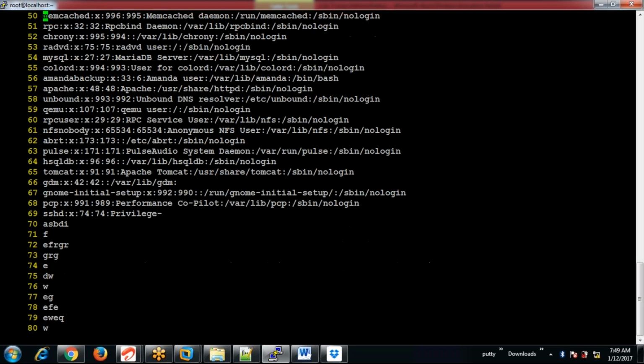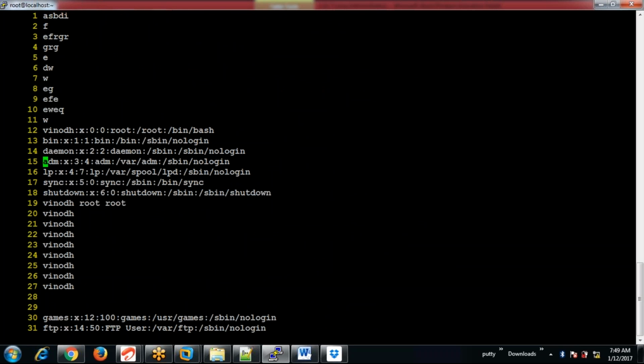Now if you see here, is it all the root got changed as Vinod? Yes, it has changed, but only the first occurrence in each line and not the second occurrence.